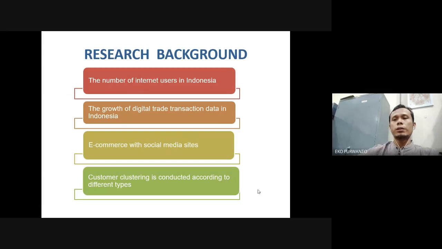The number of internet users in Indonesia is more than 130 million. In 2017, the number of buyers of goods and services online in Indonesia reached 41%, up 15% compared to 26% in 2016. The value of online shopping transactions in 2017 reached